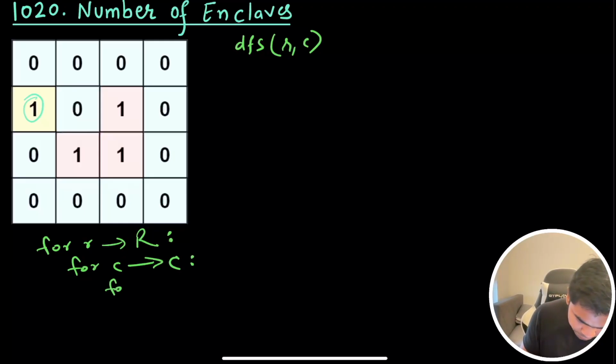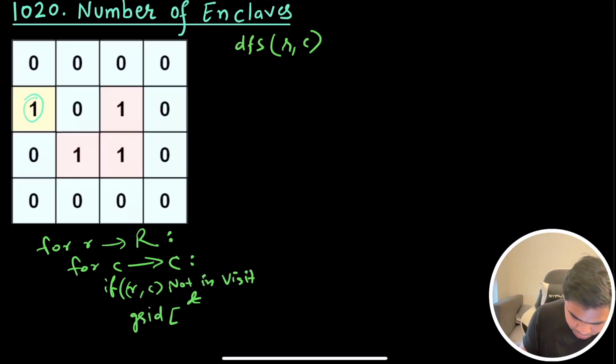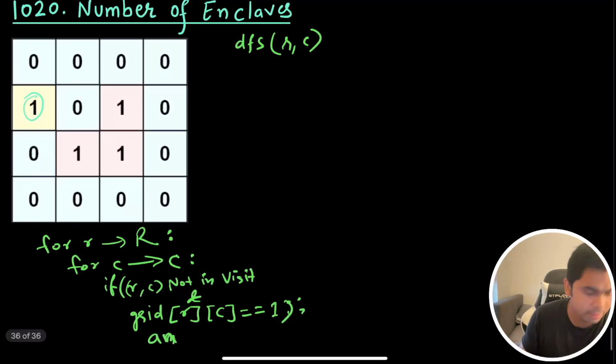if this R and C is not in visited already, so we'll have a visited set, and in the grid that's given to us I am seeing a 1 at this particular cell address. If this is the case, then I'll call DFS and add whatever it returns to my answer. So answer plus equals DFS